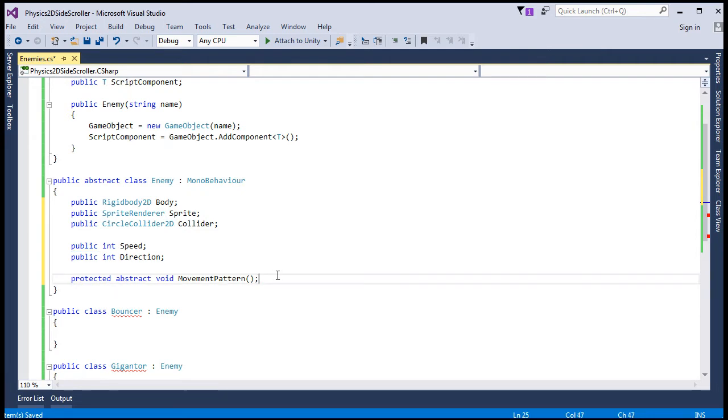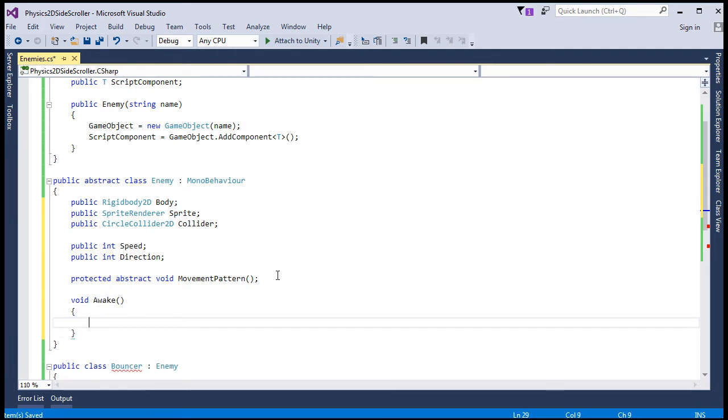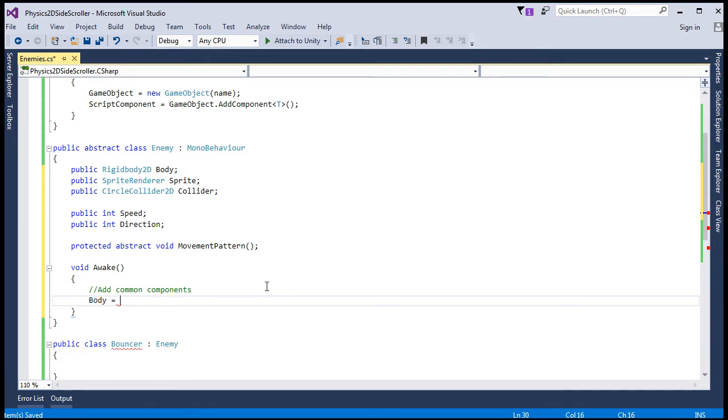I'm going to have a new method here that I'm going to talk about called Awake. There's nothing too difficult to wrap your head around, I promise. I'll describe exactly what Awake's all about in a moment. So I'll put a little comment here, say add common components, which will relate to the fields that we just specified. So we'll say body equals, scroll this up,